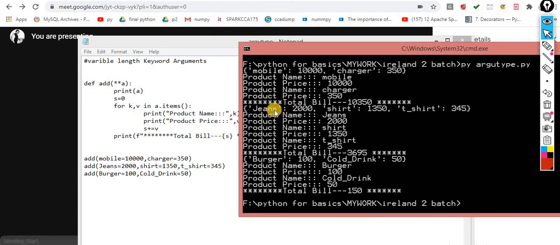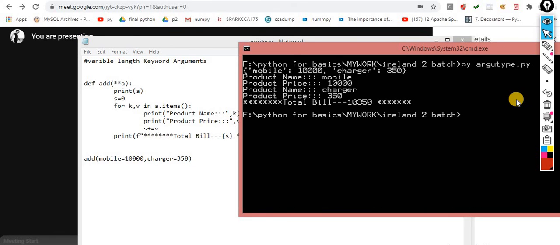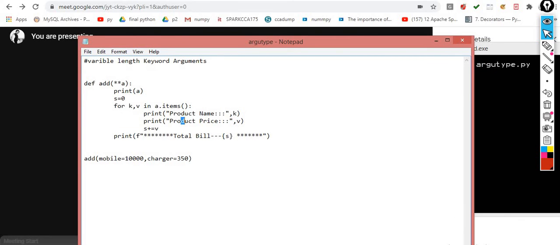This becomes a third dictionary. If I call this function only once, then it becomes only one dictionary, one key value pair. That's it. Now it becomes only one dictionary. I am calling for the second customer because the second customer buys something else. Third customer buys something else, fourth customer buys something else. This is the scenario, because I think you guys have forgotten the concept of the dictionary as well. Here I use the entire concept of the dictionary. Okay, the next concept is